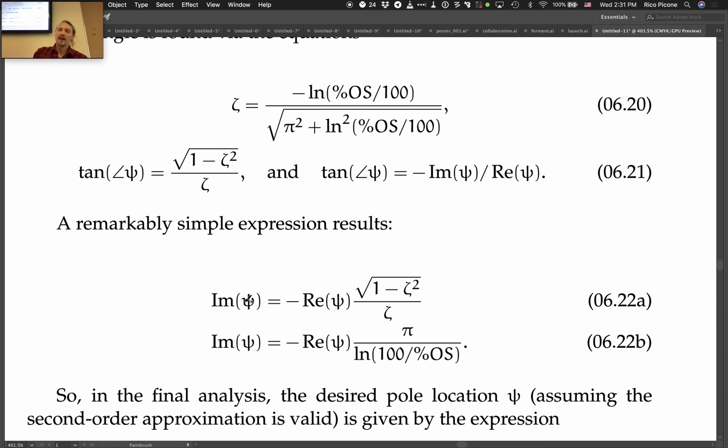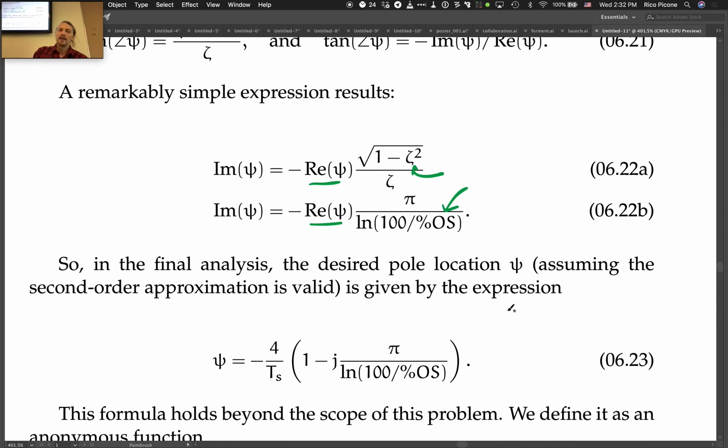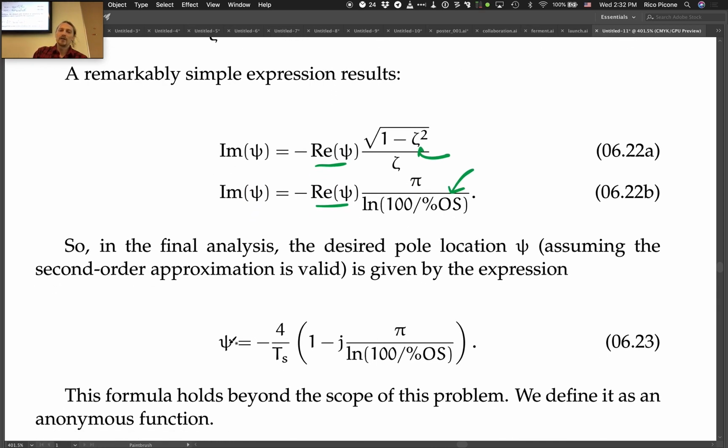So we have two expressions. I wrote it out in two different ways, so you can either use the damping ratio or the percent overshoot. And you also need to know what the real part is as well. So you've got to find the real part first, then you can find the imaginary part. So in the final analysis, the desired pole location, psi, assuming the second order approximation is valid, is given by the expression below, which is psi equal to something that depends on the settling time and the percent overshoot